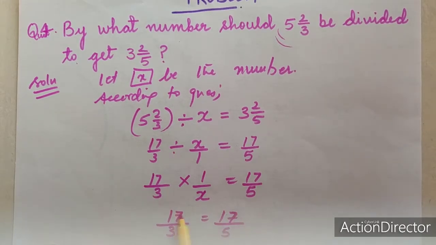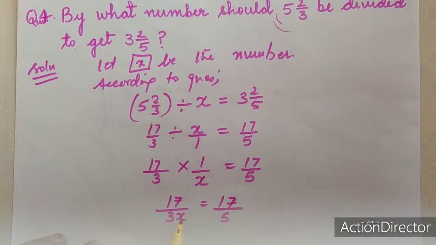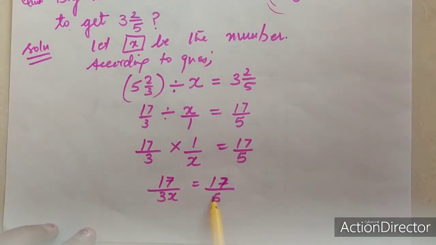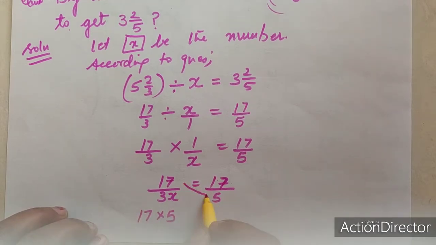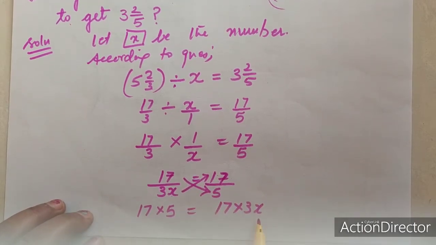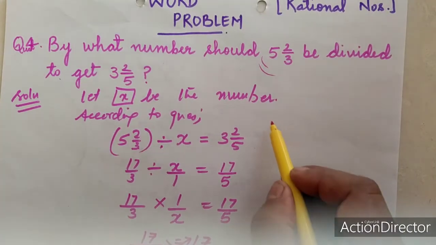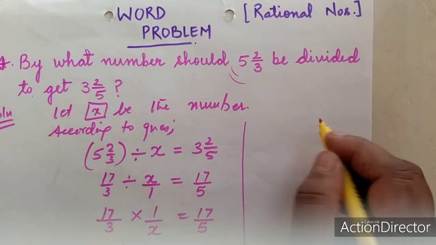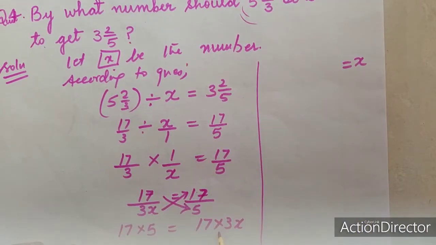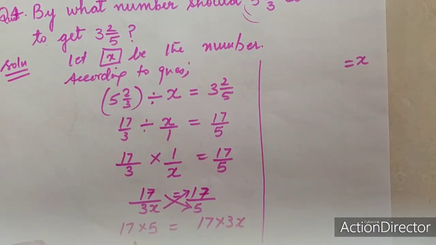Now see, x is in the denominator and we need to find the value of this number. So what we are going to do is cross multiplication. So 17 into 5, like this, you have to multiply these two, and here, that means 17 into 3x. Now we need only x. So what we are going to do, let me solve this side. So I will write x alone, and whatever number is multiplying with x,